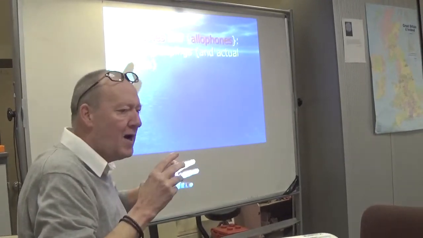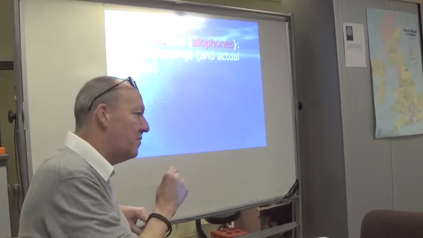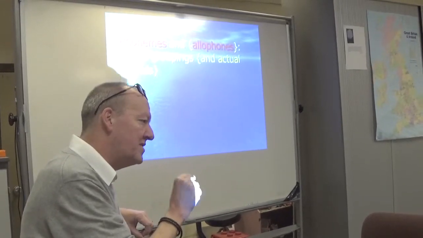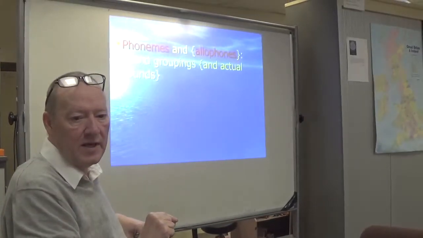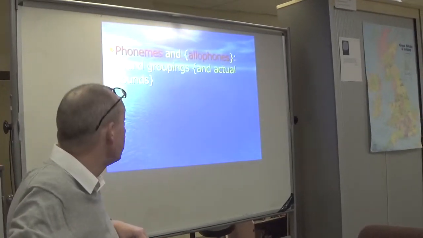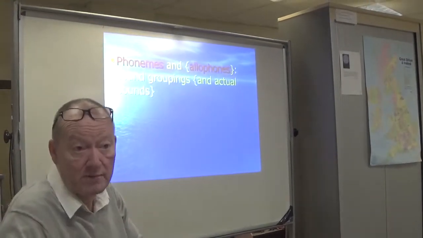So they are part of an idealized sound, but they are what we say because of where they are in a word. Sounds are affected, as we'll see, by what comes before them and what comes after them, if